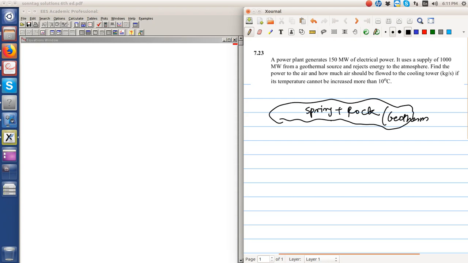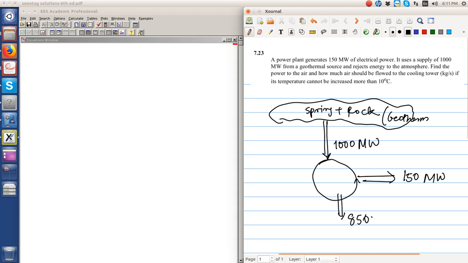So we have a supply of 1000 megawatt. It is working in a cycle and it is generating 150 megawatt of power. Consequently, it is rejecting 850 megawatt to the ambient. Find the power to the air